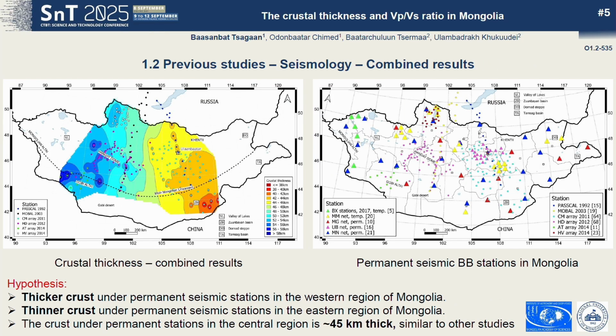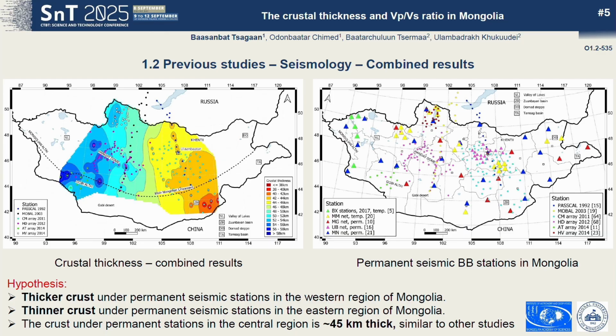These seismological studies in Mongolia utilized the teleseismic receiver function method. The main output was a crustal thickness estimation beneath these mobile stations. By combining these results, we can create a crustal thickness map as shown here. However, crustal thickness hasn't been determined in the western, eastern, and southeastern parts of Mongolia.